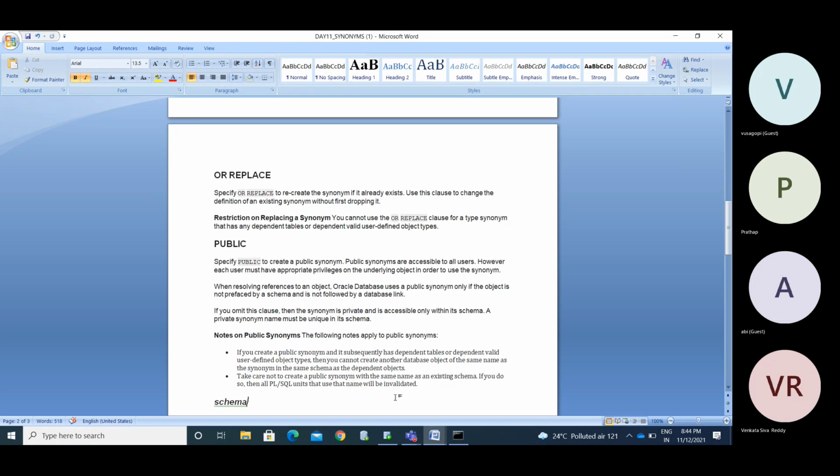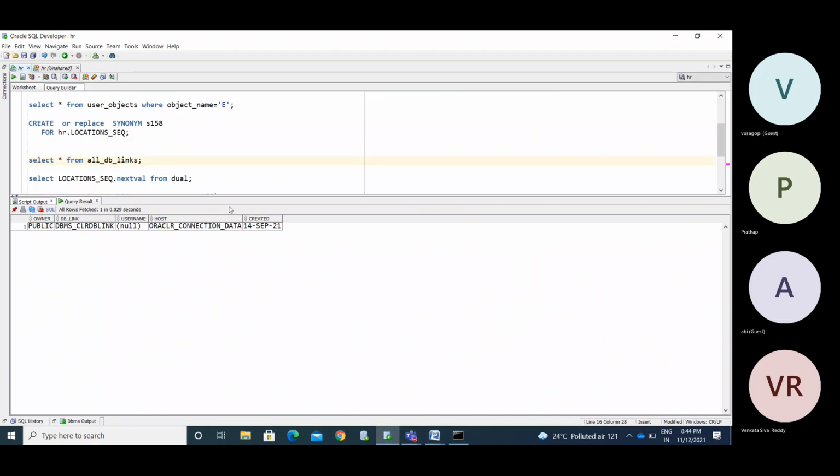You created a sequence, and you are using the location sequence with S158. You can access it with this synonym in this particular HR user. If we want to use the same name with any other users, you need to create a public synonym for that.